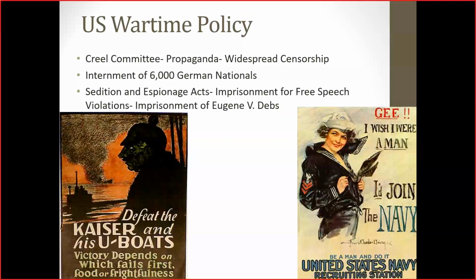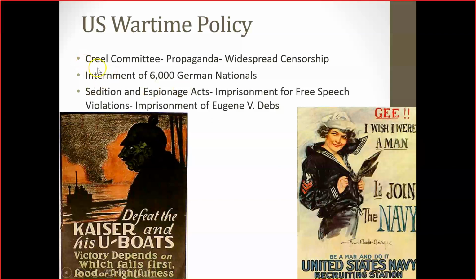During the war, and this is where we see some big issues in the United States come up. During the war, there are some huge questions about American civil liberties during wartime that really come to light. First of all, you have an overwhelming propaganda program in the United States, and this was headed by a guy